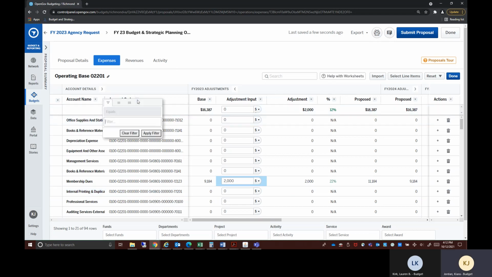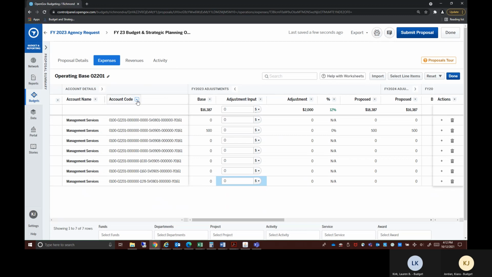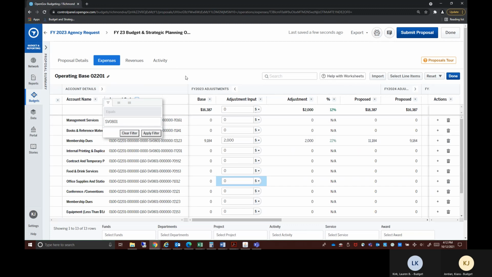You have the ability to filter by any element of the account string. We're currently in cost center O2201, so we shouldn't need to filter for cost center. We should only need to filter for either the account code, as an example, or service code. Please keep in mind, we only budget at the fund, cost center, service, and account code level. So we should not see any adjustments where there is an activity or a project or grant amount. Those are referenced for actuals, but again, you should not be budgeting where you see activity, a project, or an